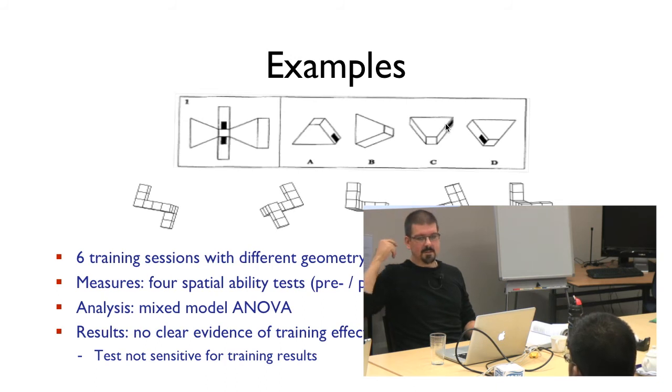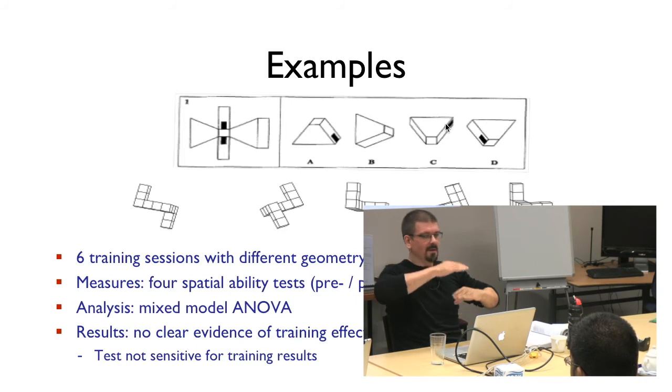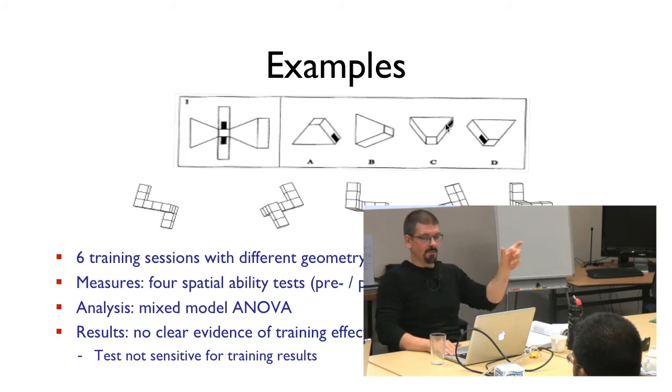Our measurement was basically a pre and post test with those typical spatial ability measurement tools. These are spatial ability tests, quite commonly used in psychology, to measure spatial ability in students or in people. So we had students complete a set of those tests beforehand, then they had the training, and then they had to complete another set of those spatial ability tests afterwards, and we measured if there was a difference between pre and post between the different experimental groups.